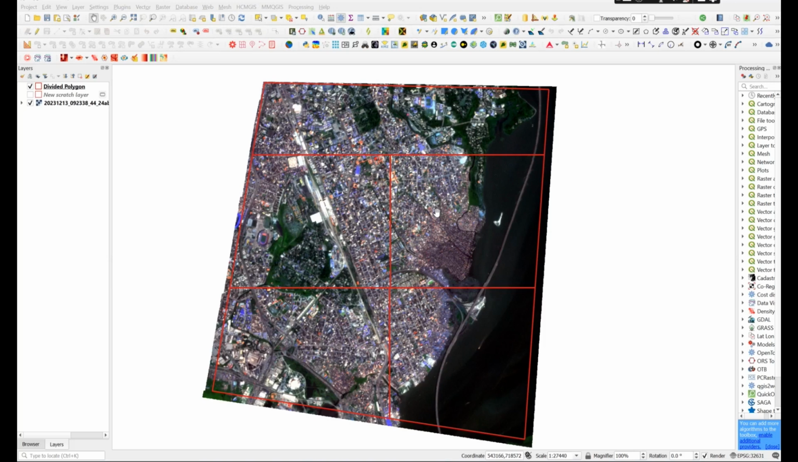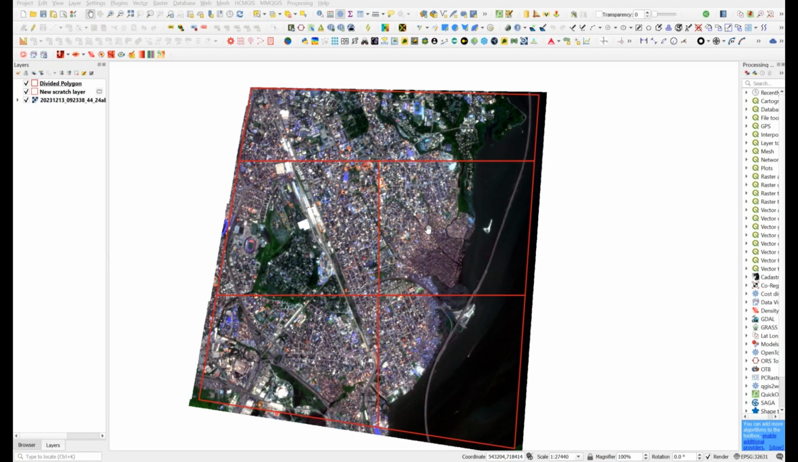So today I will show you how to split or divide a raster into smaller tiles or sections based on an input polygon. Let's assume that you have a polygon that contains several plots of land or parcels of land, and you want to divide a raster layer or an image based on the boundary of each plot or each parcel of